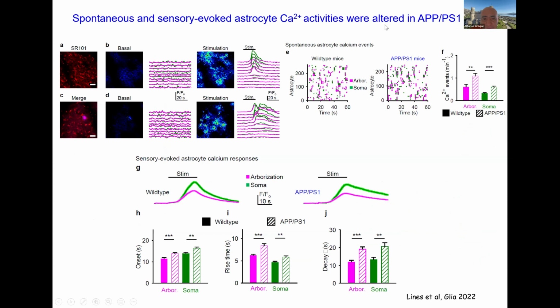The spontaneous calcium events that we were detecting in the astrocytes, in the arborizations and the somas, were enhanced in this APPPS1 Alzheimer's disease animal model. So the spontaneous activity of the astrocytes is much higher in these Alzheimer's disease animals. We also observed that the calcium signal in the astrocytes evoked by sensory stimulation was altered, with much lower dynamics of the calcium events in these APPPS1 animals. So the astrocytes are more active, and the responses to the sensory stimulation were